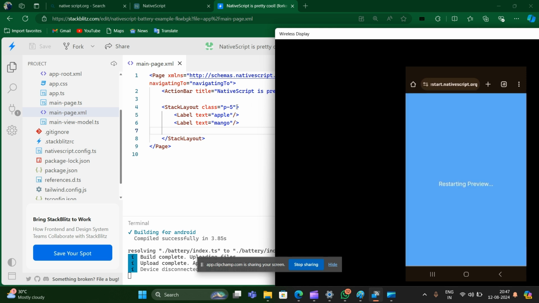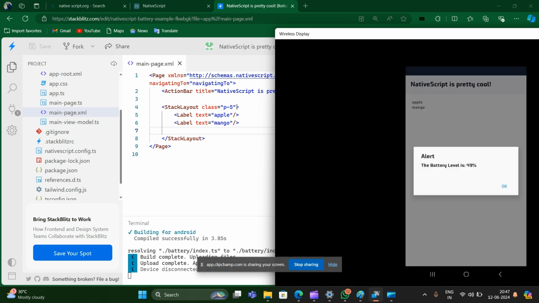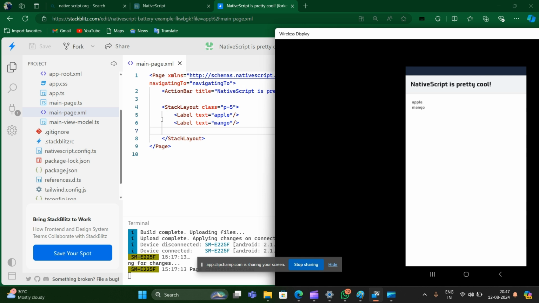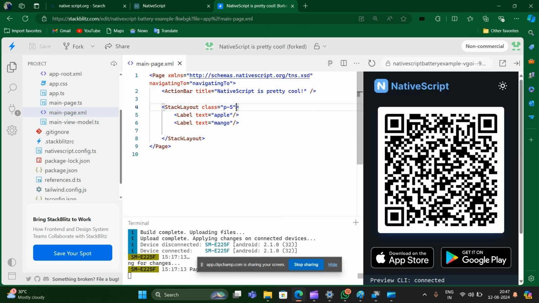What will happen when I provide the orientation there? Now I want to display them in a horizontal orientation. See, your spelling should not be wrong, because it will not give an error directly, and it will be very difficult for you to find it. So never write it wrong. Okay, orientation. Orientation would be horizontal.